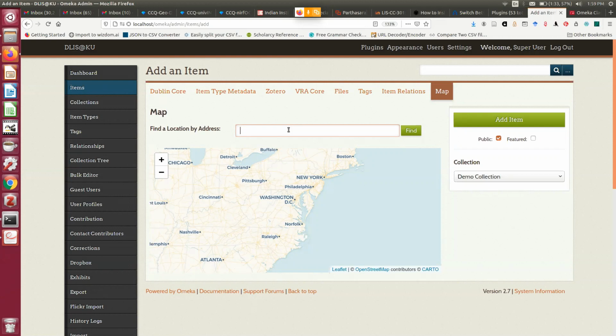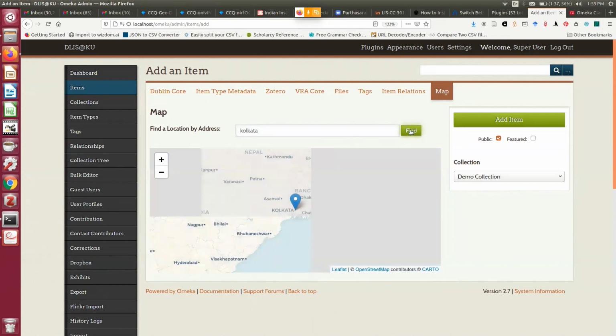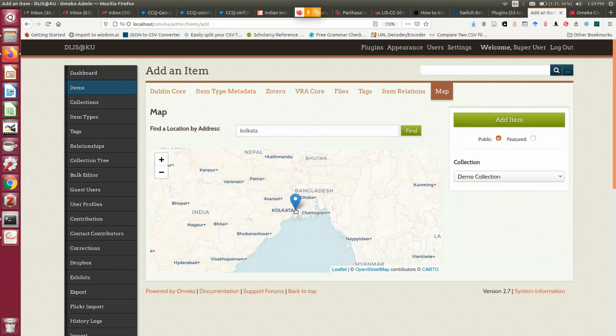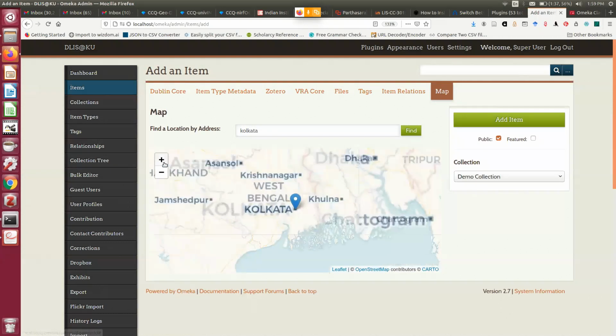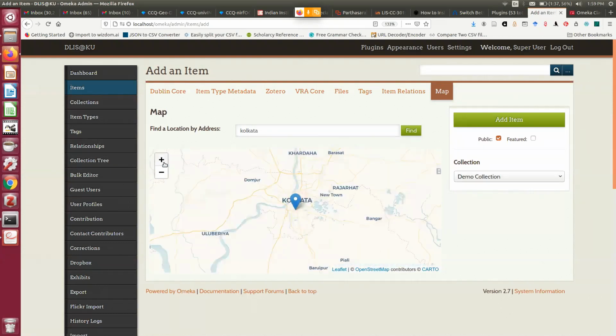So DC.spatial coverage basically deals with places. Now suppose this place is related to Kolkata. I can search or try to find it. So if you are connected, it will find Kolkata. Then you can pick, okay, this is the coverage area. You can go for it.